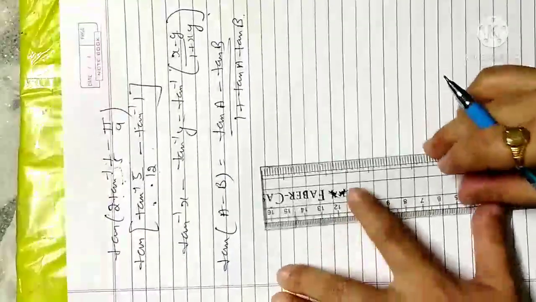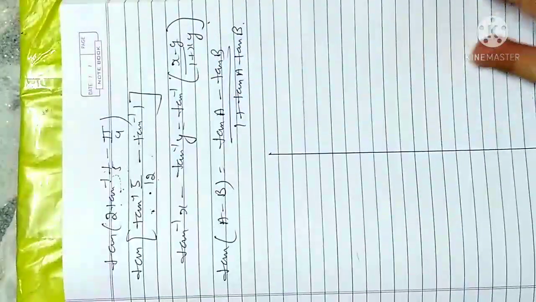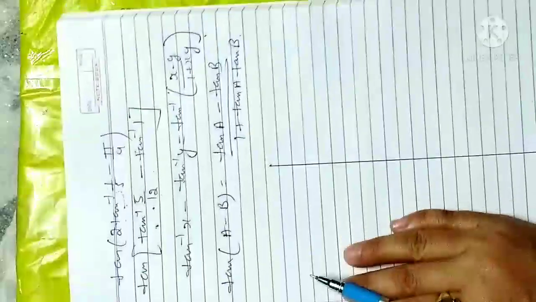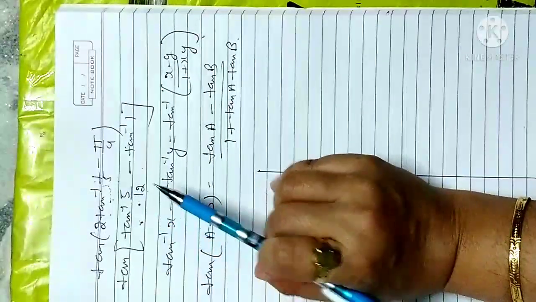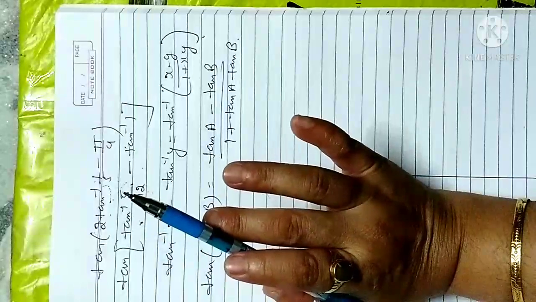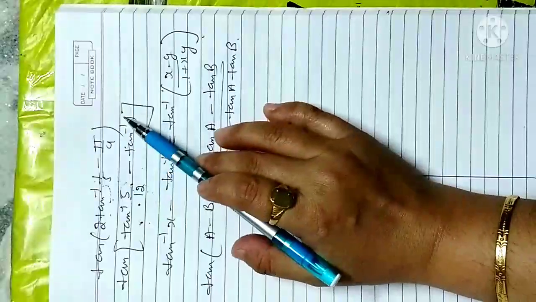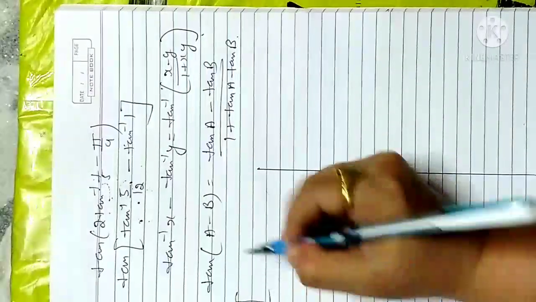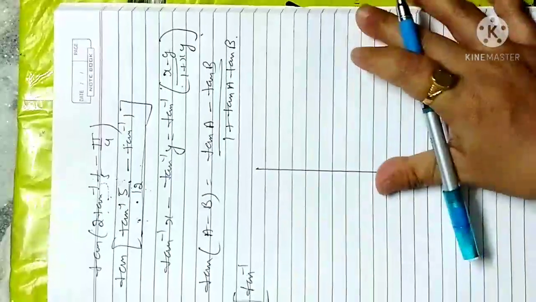So I solve this by two methods, so it will be easier to see how you solve this question by two formulas. It's up to you which formula you want to apply here, but before using the formula you have to satisfy the condition first. Suppose I go with this formula first. Inside only, tan will be kept outside. If I go with tan inverse x minus tan inverse y, that means this value is x and this value is y. So this tan will be considered as it is, and here it will be changed to tan inverse.